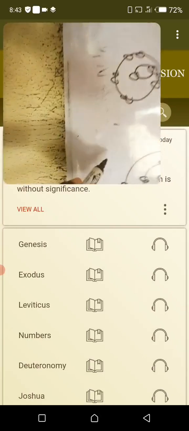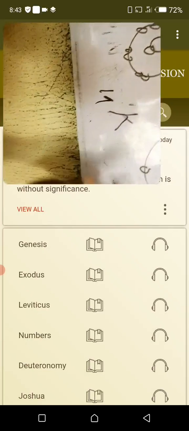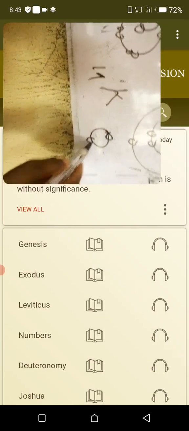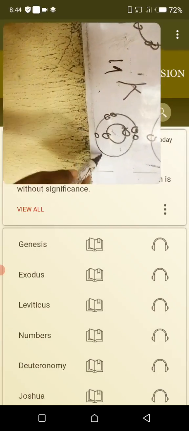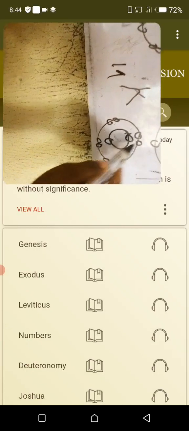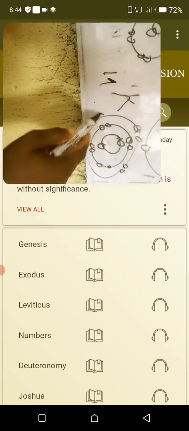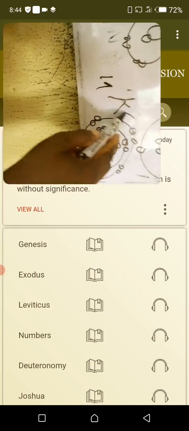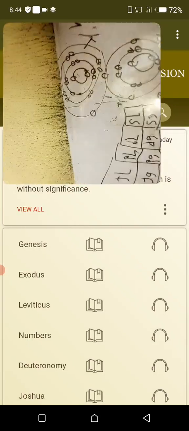So you do the same thing for potassium. Potassium having 19. Do the electronic configuration. You have the innermost one carry 2. The next one will carry 8. Next one will also carry 8. Next one will carry 1. How many have I put? 18. Put the last shell. The last shell will carry only 1. So check the